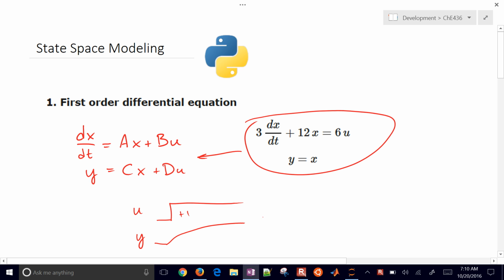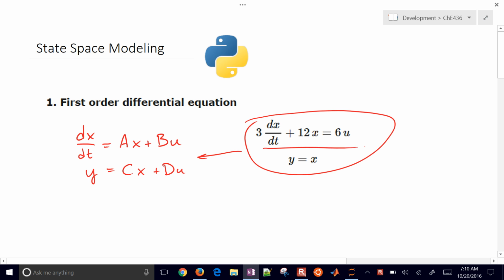And we'll do that in Python with the signal package, and I'll just demonstrate some of the syntax there for working with these linear time invariant systems. So let's do this first one right here. We have